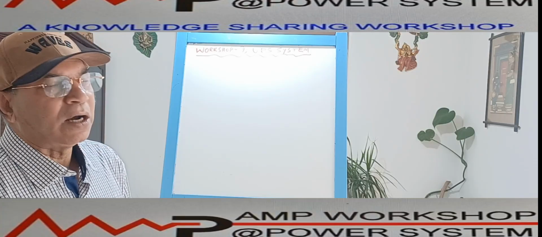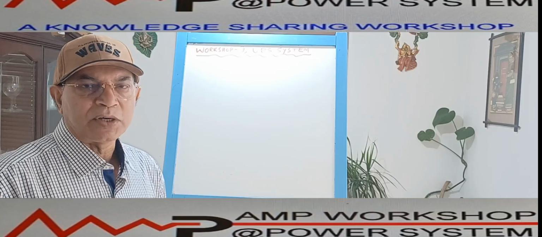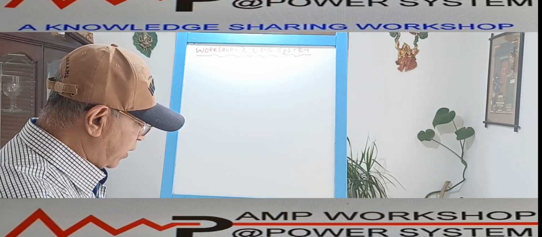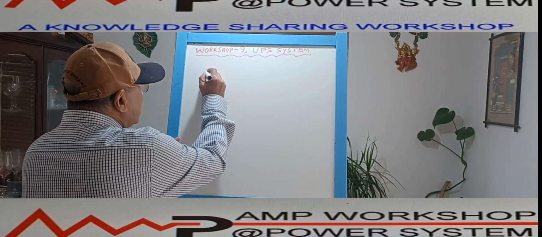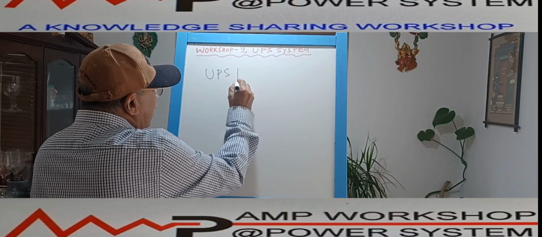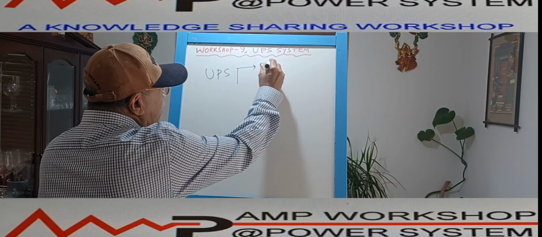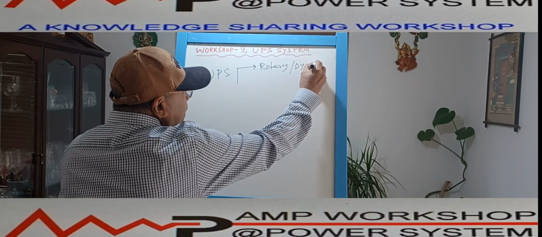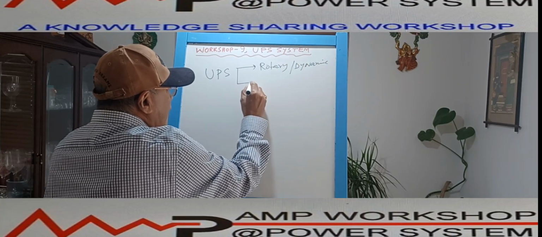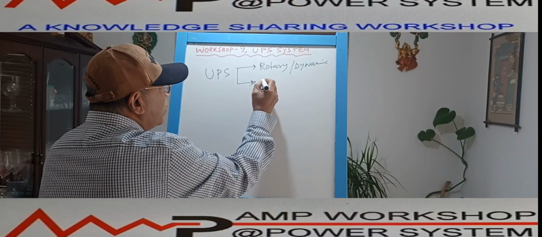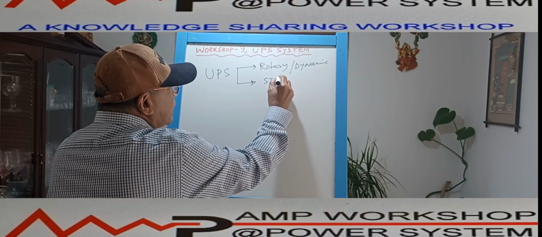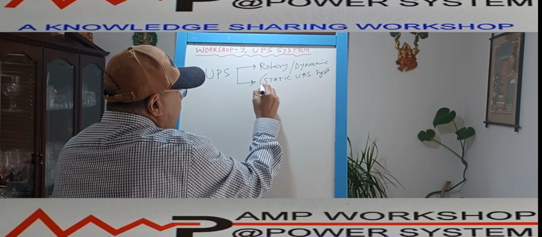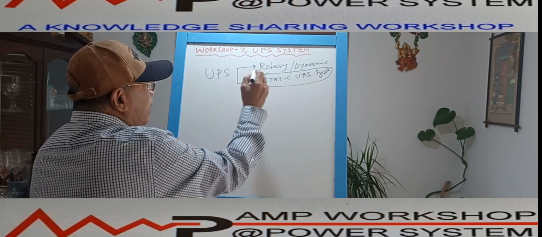But as we are going to discuss the UPS system, I am trying to give a small highlight about the old system. When you look into the UPS system, we can divide it in two ways. One is the old system, that is the rotary or dynamic UPS system. And the today's design, which will be our main discussion, is the static UPS system. We will concentrate our major discussion on this,